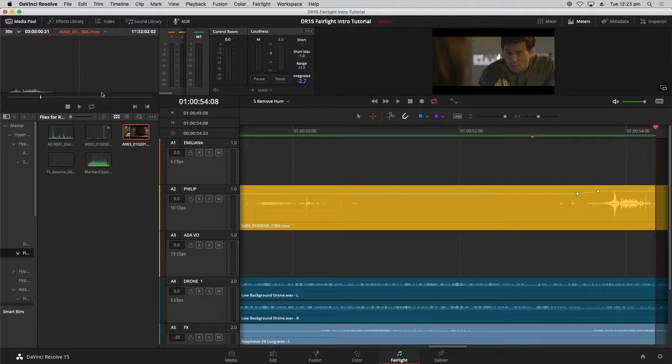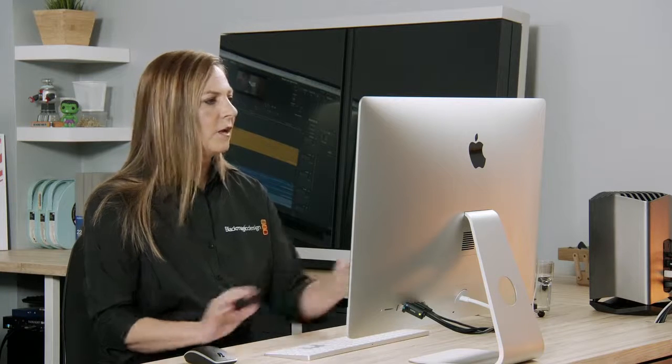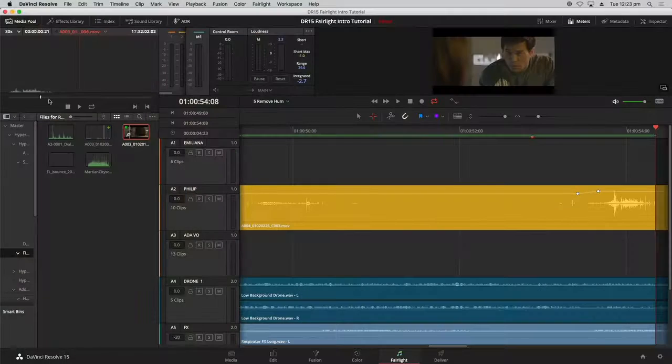There, I've marked an in and out. They don't have to be exact. We can fix that once we get in here into the timeline. I just want to make sure that I have that marked. So now that it's marked, what we're going to do is just drag this clip over to